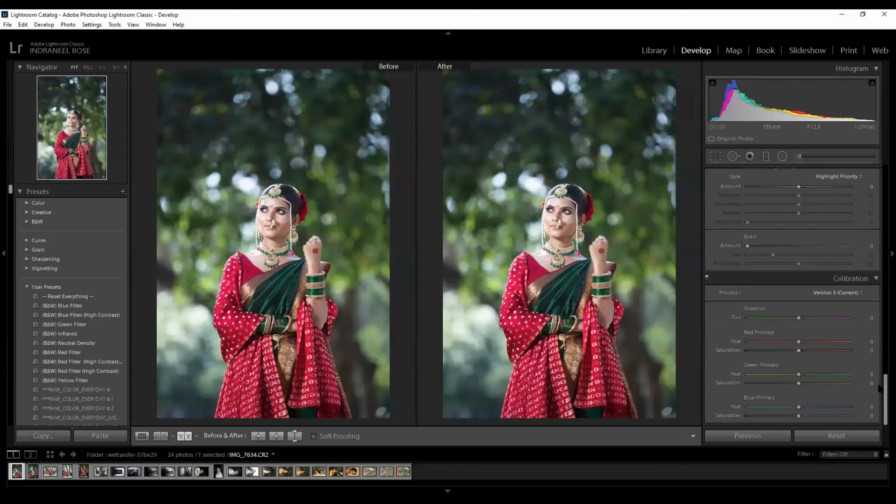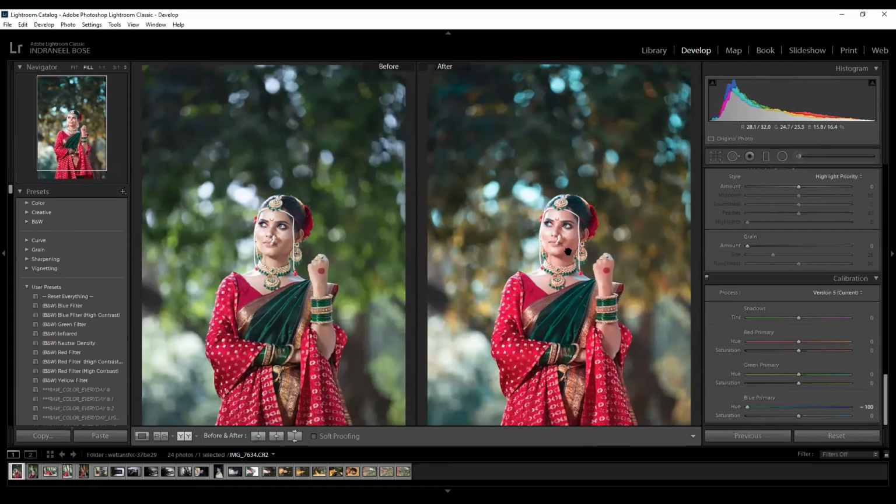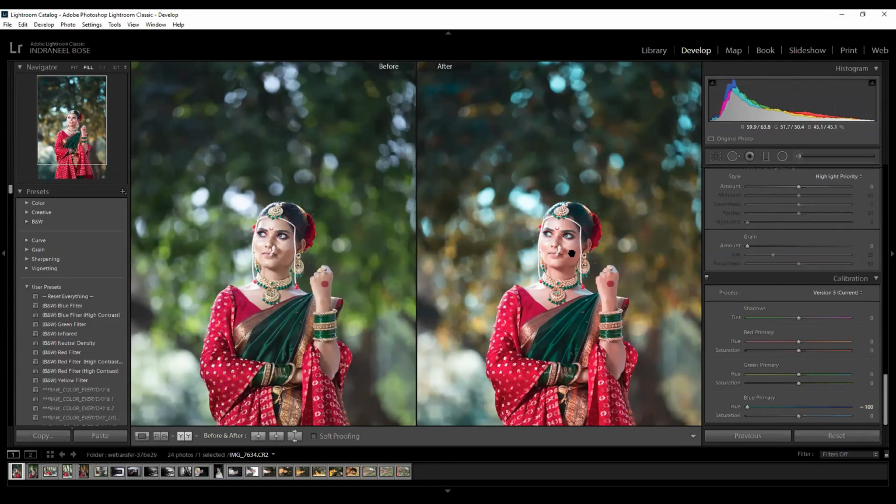Now can you see the Lightroom screen? The Lightroom screen is visible now to everyone? Okay. Now see, as I include colors in blue, it will try to change the primary colors. Like, can you see the cyan color coming? Got it? See. Now if I include, it will get a darker or a neutral color.